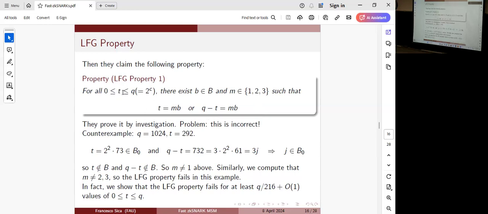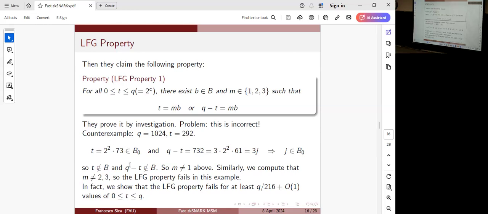So they claim that this property is correct. In fact, this is crucial to their argument. But in fact it is incorrect. So if you take, for instance, q equals 2 to the 10, so 10,034, and t equals 292, and